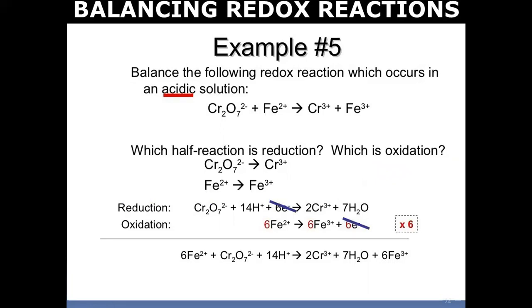There is another example also. So beta, we need to balance the equation: first we balance the water molecules, then H positive, and then electrons. After that, cross multiply both equations with the common integer or number of electrons, and cancel the common electrons. If there is a difference in water molecules and H positive ions, just subtract them and add up both equations, the reduction half and oxidation half.